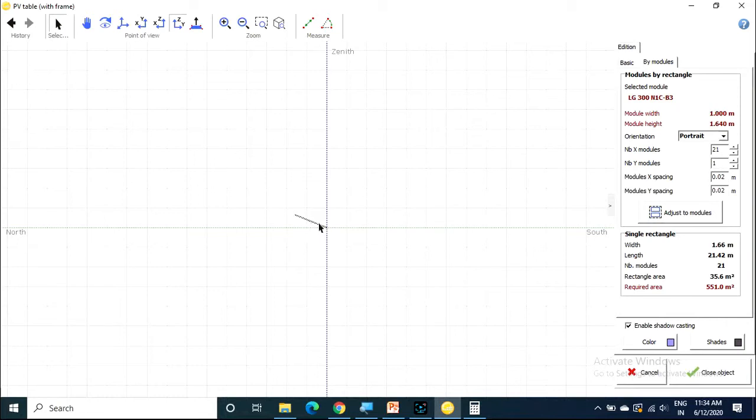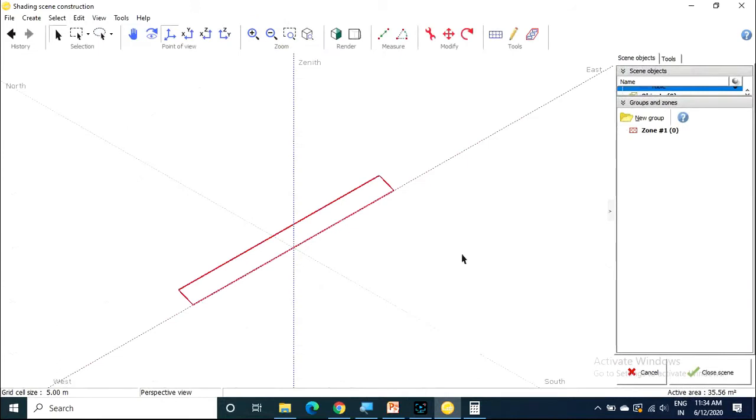Please wait some time. Right. So close the object and delete this one. Now I will tell you the other method.